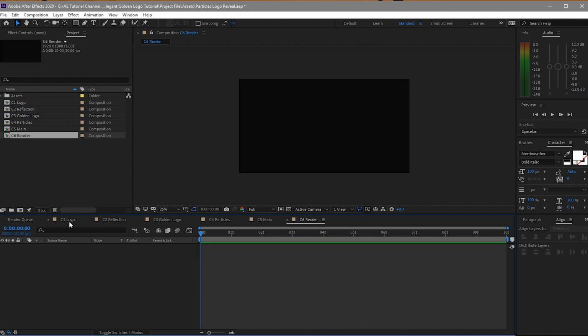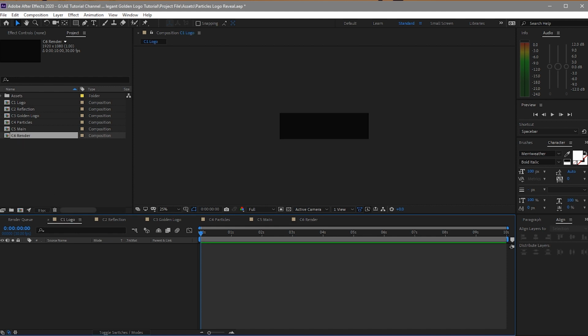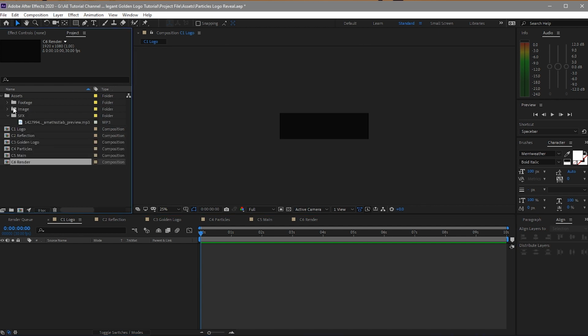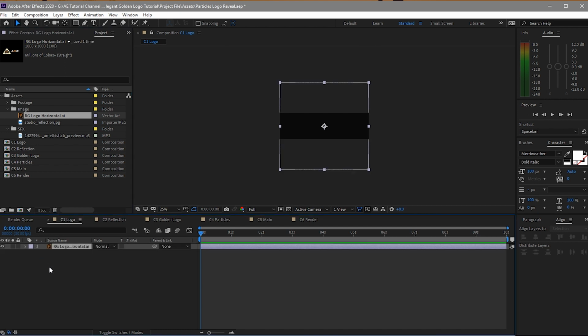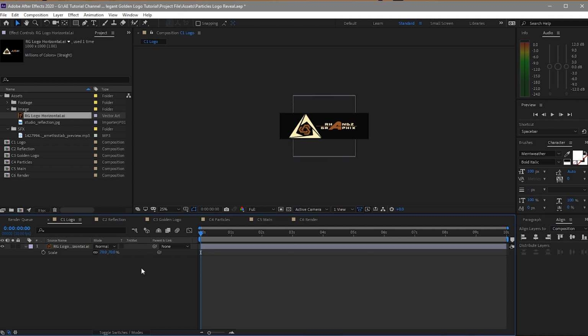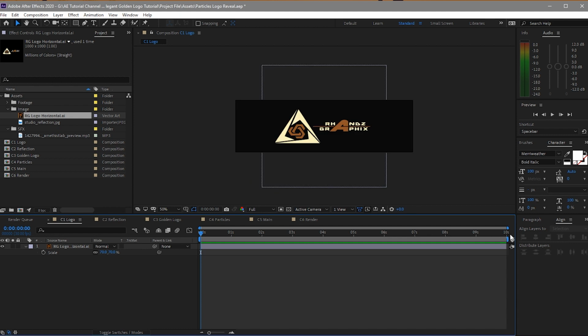Okay, I will open C1, drag down in my timeline the logo that I'm gonna be using and click S to open the scale, and maybe I will put it at 70. There you go. I will align it center and